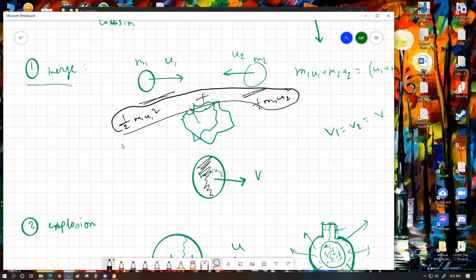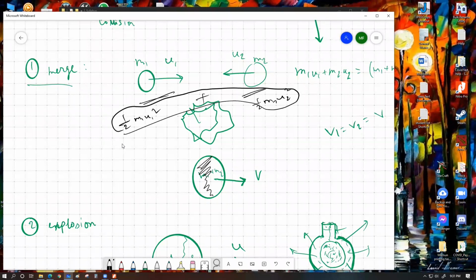So total kinetic energy before collision and total kinetic energy of the whole thing after collision will not be equal. The total kinetic energy over here will be somewhat less, because some of the kinetic energy will be converted into potential energy of the system, because the two objects become merged together. So this is a case where kinetic energy is converting into something else. You have to understand that the energy is not being lost. Total energy is still remaining the same, but kinetic energy is becoming somewhat smaller because the objects got merged. This is the